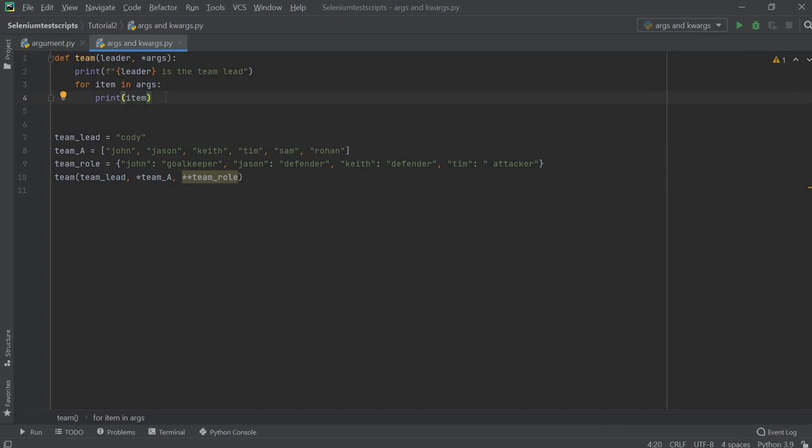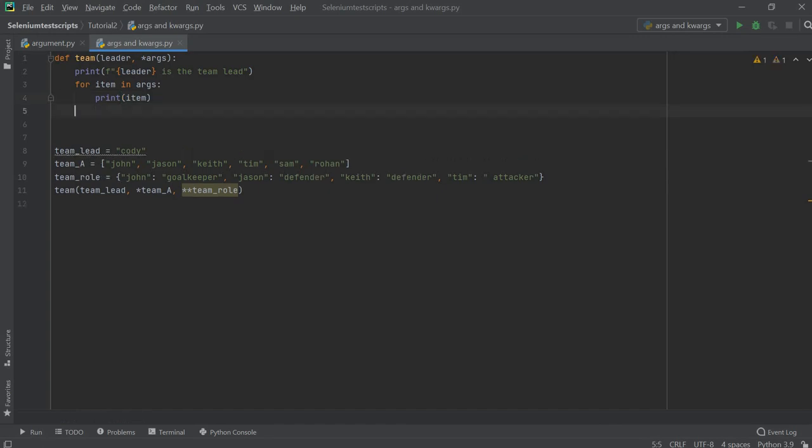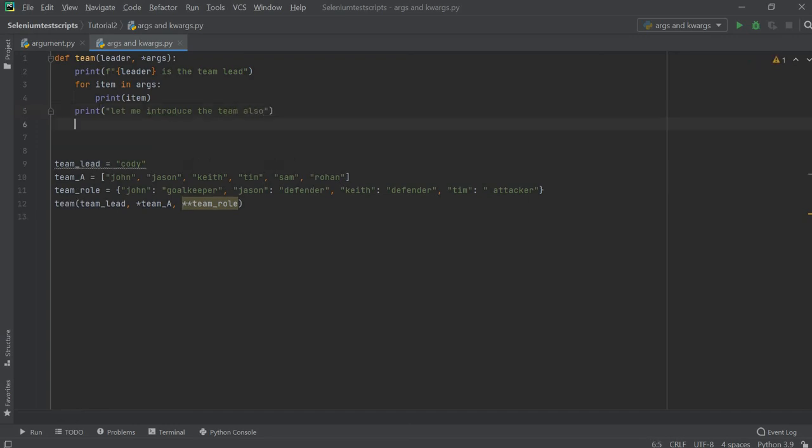I think there is no problem. Okay, so now I'm going to print a statement here. Let me introduce the team also. Now how we can access it here is, first use the asterisk sign args, and then kwargs.